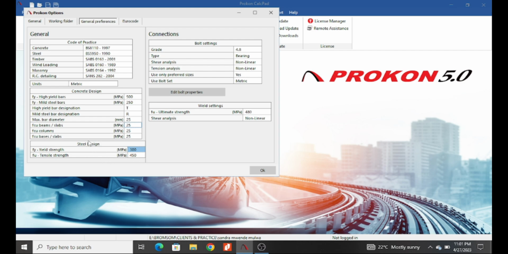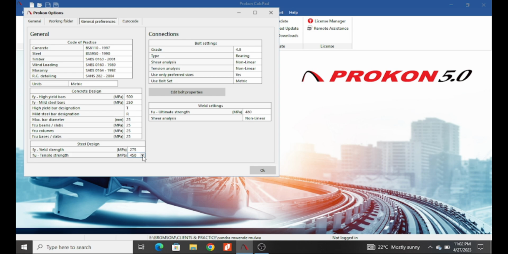When you're also working with steel design, Procon is very good. I have tried using Procon 5.0 in designing steel, and actually it is super, let me say so. So you can state the yield strength that you want, depending on where you are, the one that is readily available from the market or the one that is designated from the manufacturer.